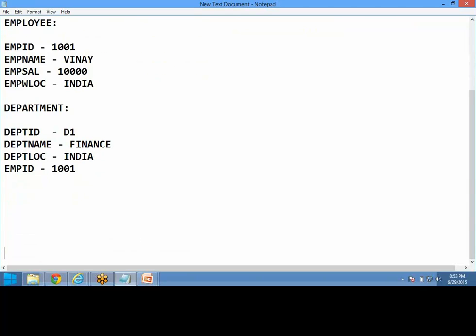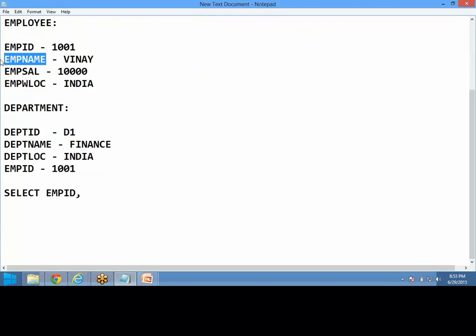Now, if he asked me to write a report, then I want to read the data, right? So in order to read the data, what should I do? I need to write a select statement, basically. Now I am writing a select statement. Select only the respective columns, for example. I want to read the employee ID,